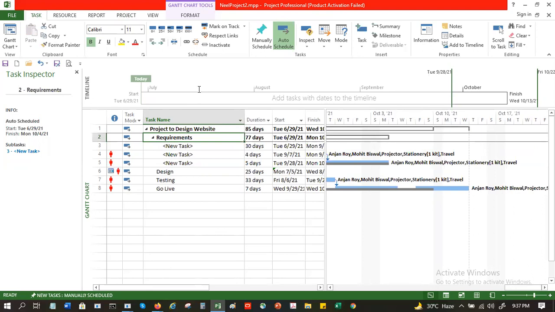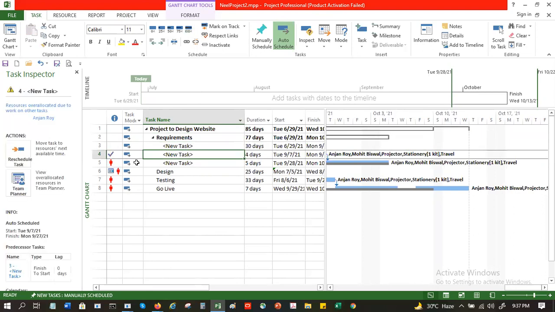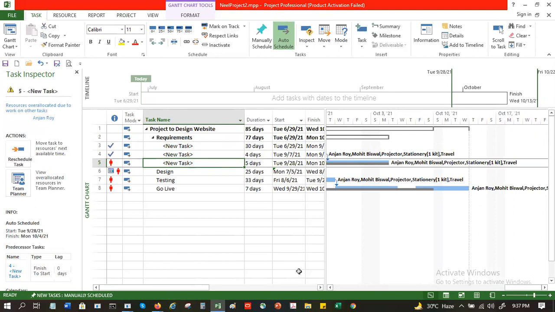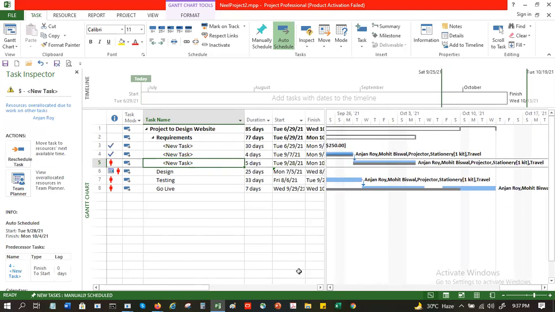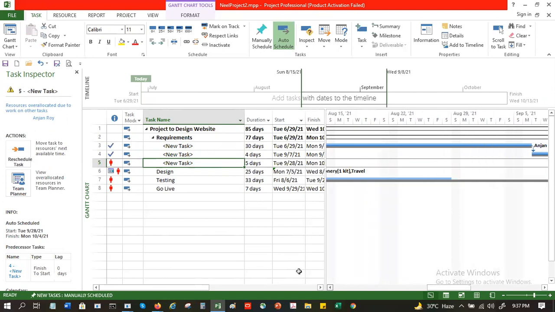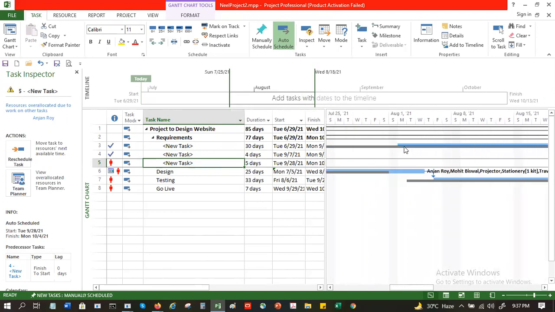Say this task is 100% done, the system will put a tick mark here. Once you put 100% done, you see this thick blue color in between, that shows the progress.